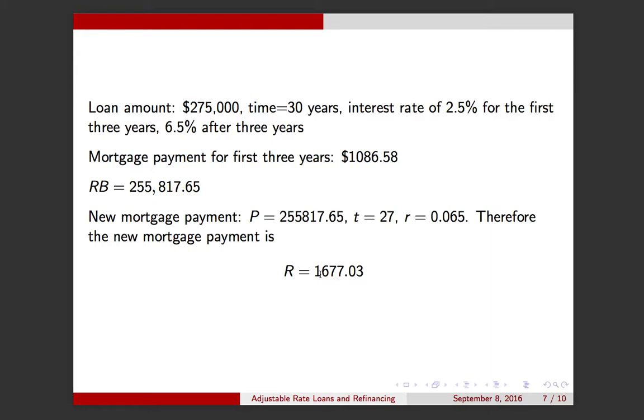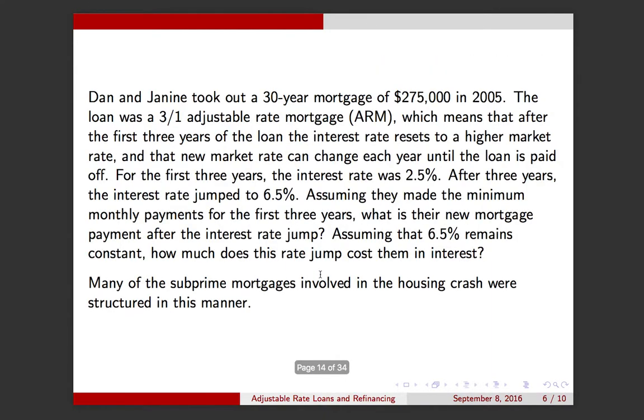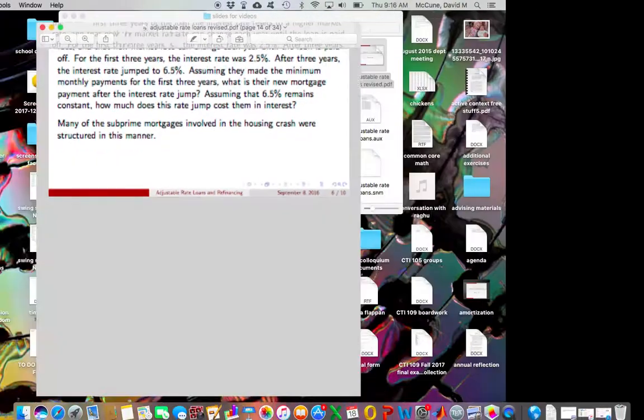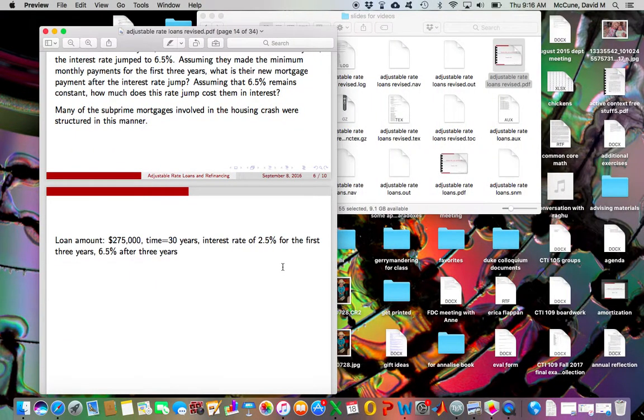Okay, so that's how you answer a question like, what's the new payment? So the second question was, well, how much does this cost them? Their payment went up, so they're paying more than they would have without the interest rate going up. So how much more are they paying? And to answer a question like that, I do some math in the slides here, but notice